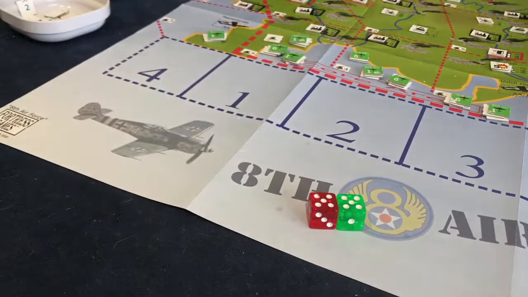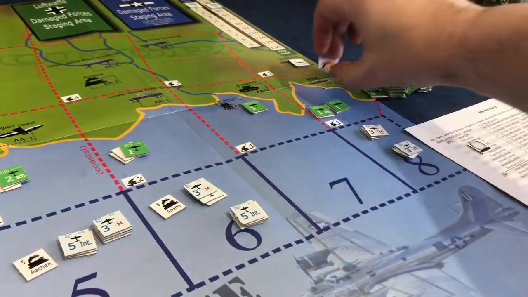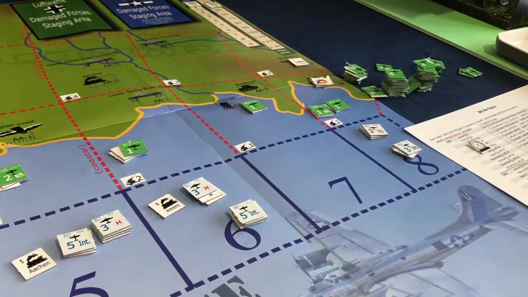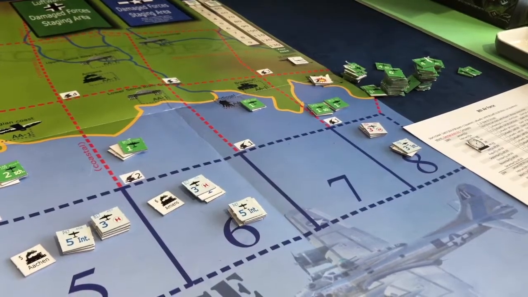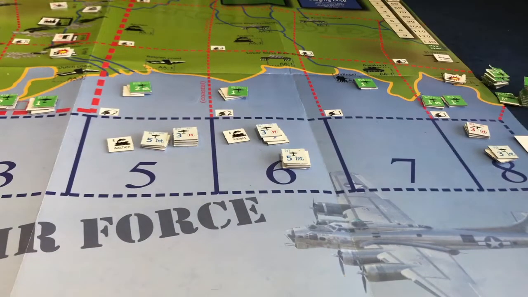And it's a 2. So Brest. Got to keep abreast of the situation. And the situation is you're down. So now we go to this one, and we're going to roll to see if this